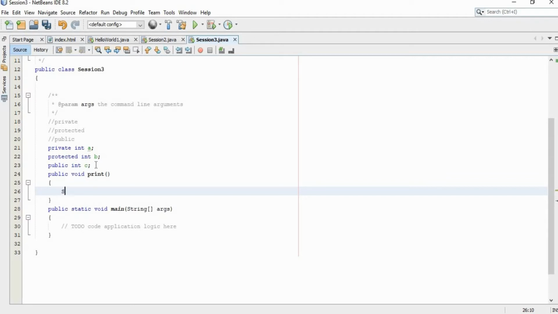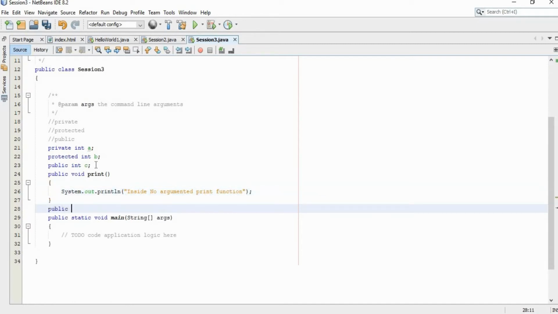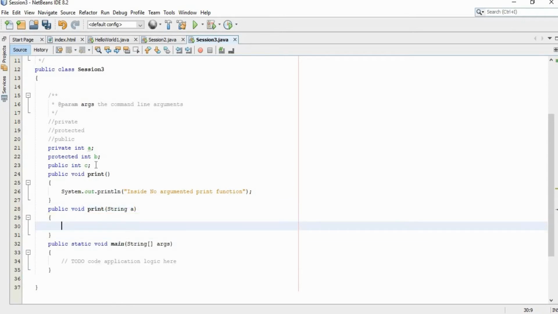System dot out dot println of inside no argument print function, right? Here I am going to create another function, public void print of String a. Now this print function is inside a class session3, right? We have two print functions inside the particular class session3.